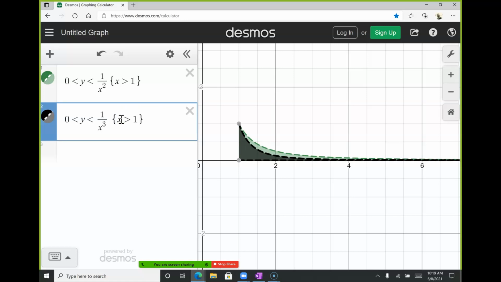Since the green area is finite and the black area is smaller, the black area must converge, right? This is the comparison test. What I was doing before was just comparing something that was on the edge of converging to something that converged, and we saw that it was lower, right? But the real comparison test is if we get something that's convergent